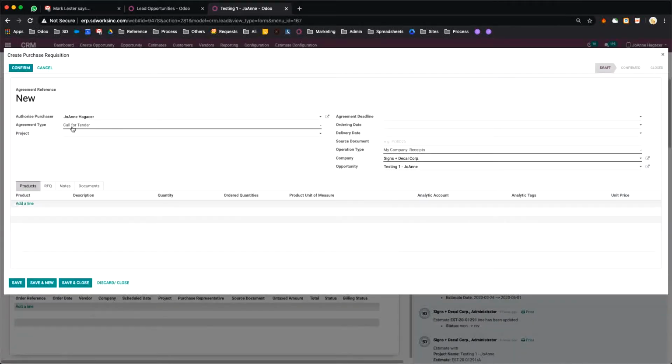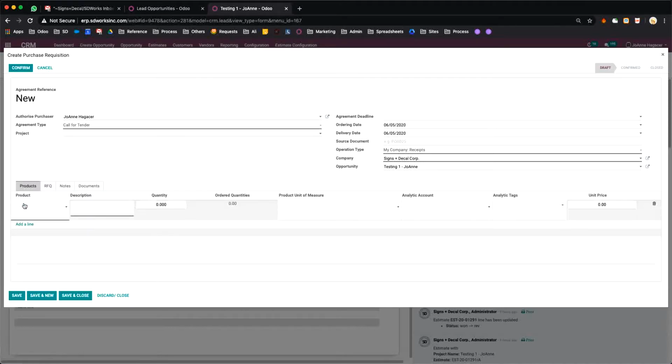Now, this is for a call for tender, and you may want to, let's just say, for example, you're going to order on the 5th, payment deadline, it doesn't matter, delivery date, if you wanted a specific date that you want it to be delivered. Okay, so this is fine, and then you add a product of the item that you're going to ask for